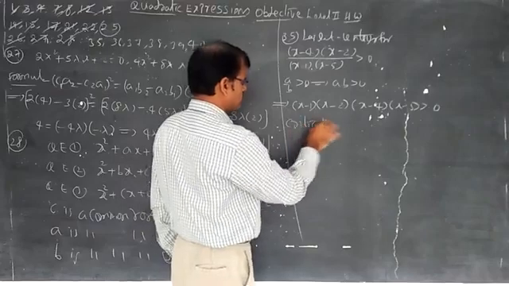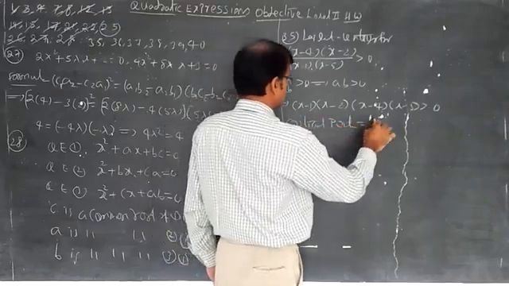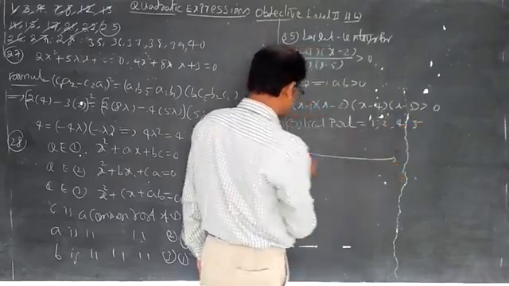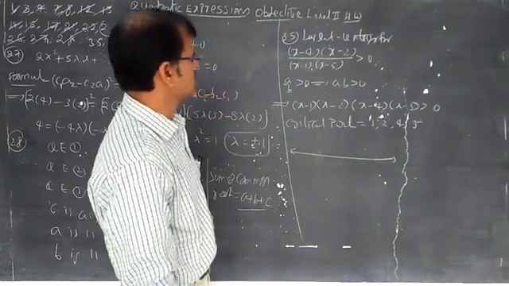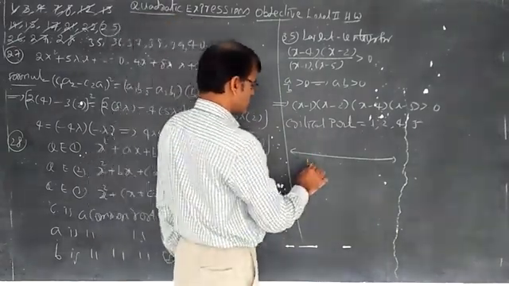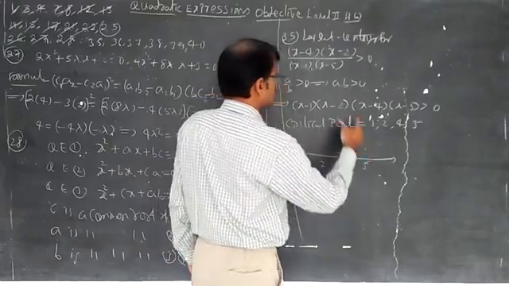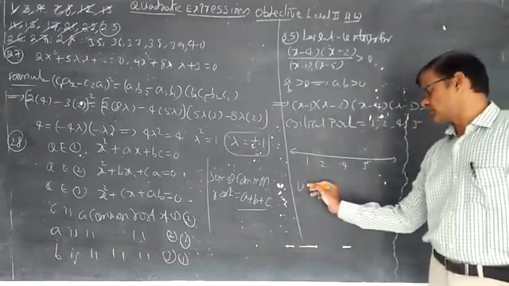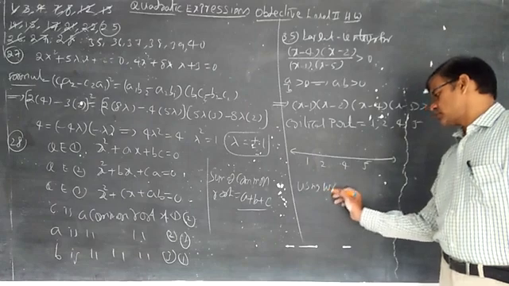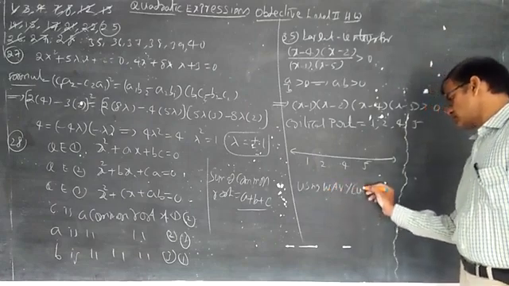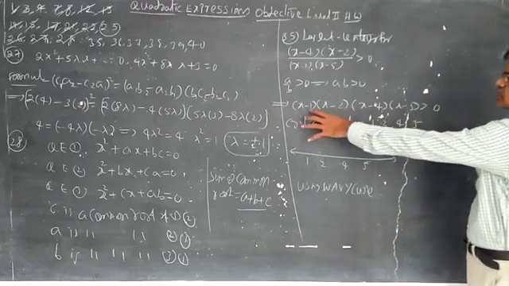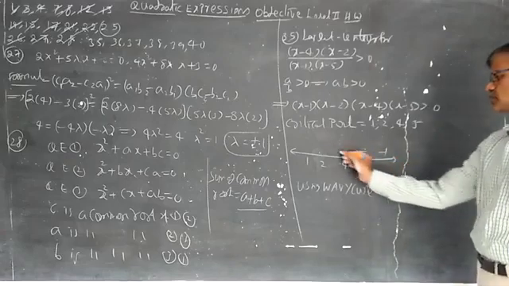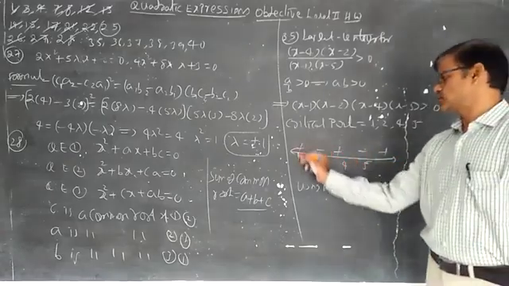Critical points are 1, 2, 4, 5. He is asking about negativity, the largest negative integer. Okay, let us discuss 1, 2, 4, 5 here. We should discuss about greater than 0, positive, using wavy curve. Put 6 here: 6 minus 1, 6 minus 2, positive, positive, positive, it becomes positive. So it is negative, it is positive, it is negative, it is positive.